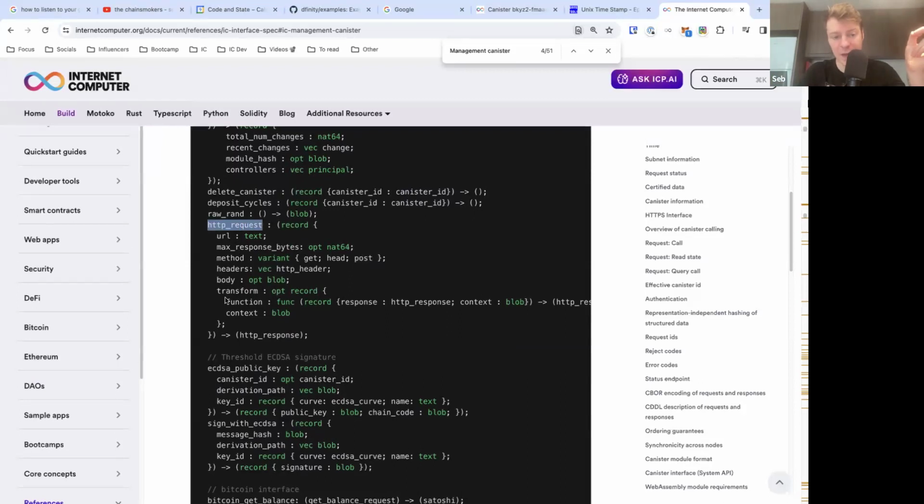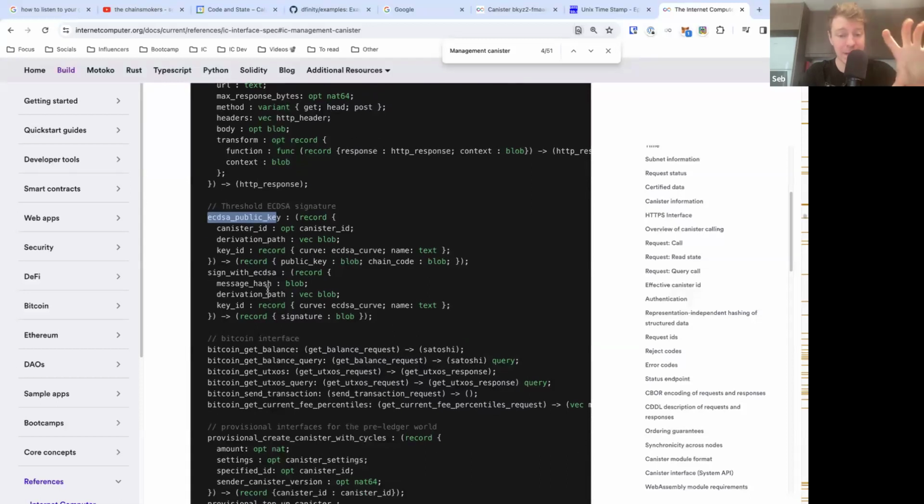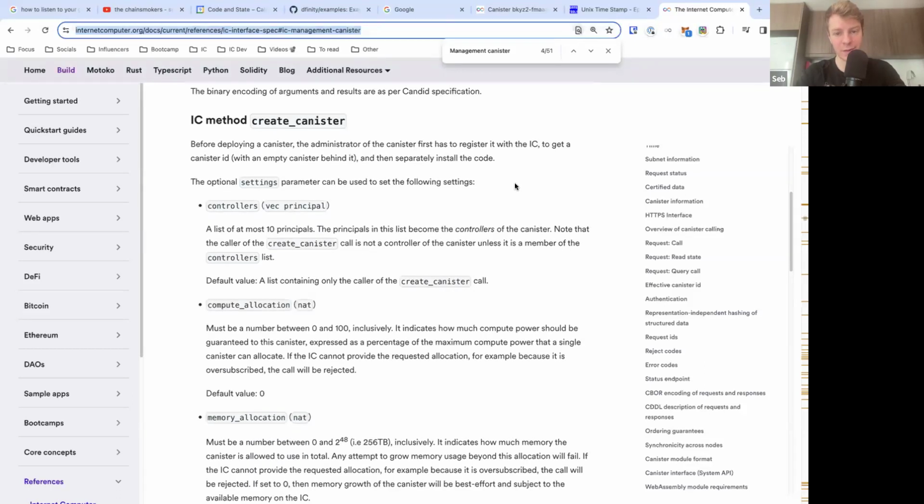And the HTTP request, as well as all functionalities related to ECDSA that we will see tomorrow, which is the threshold ECDSA, is how you are able to create distributed signatures. ECDSA is a cryptographic protocol that is used in Bitcoin, Ethereum, and most other blockchains and cryptocurrencies. So you are able to generate pairs of keys or signatures through this management canister, as well as interface with the Bitcoin network. You can see here, you have the Bitcoin interface and so on. So yeah, if you're curious about this,